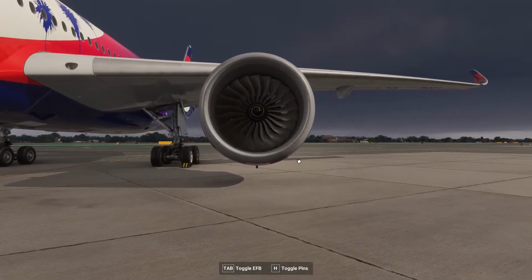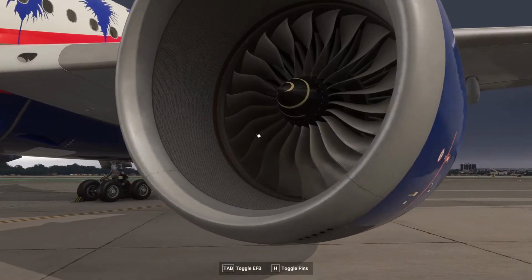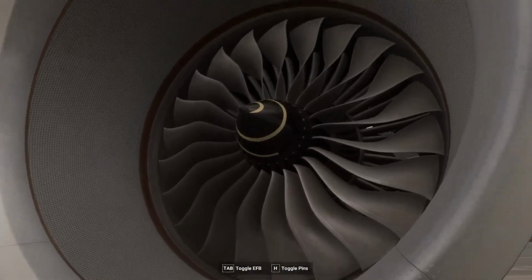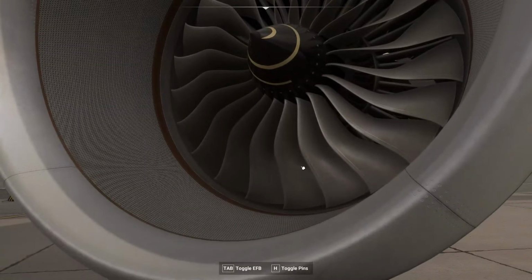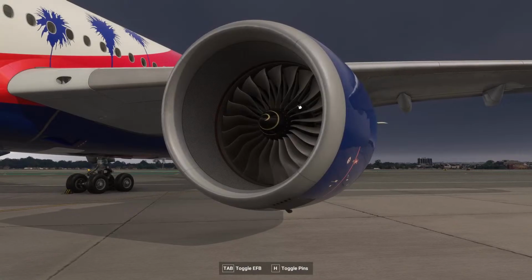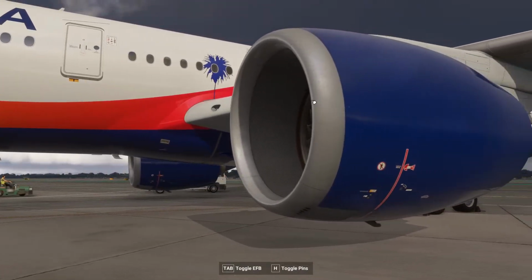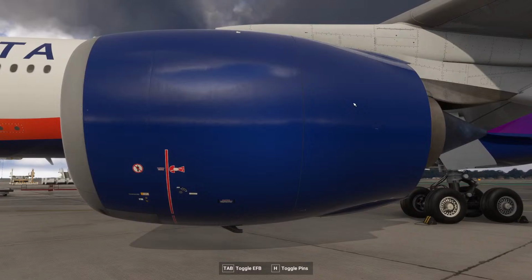And we're going to begin here just by a quick walk around of the exterior of the aircraft. We're going to take a look here at those rather beautiful engines. Look at the details, fine details all along this 3D model. You can see the inlet here, and the texturing overall is just done to perfection, really. Kudos to the entire development team at iniBuilds, and congratulations to them on the development of this aircraft and its